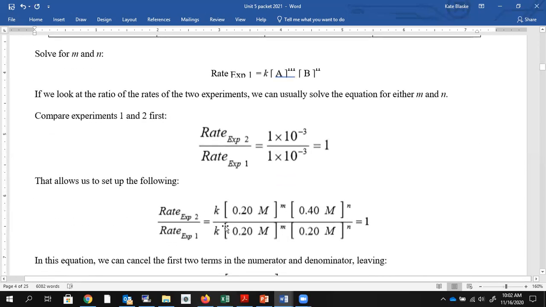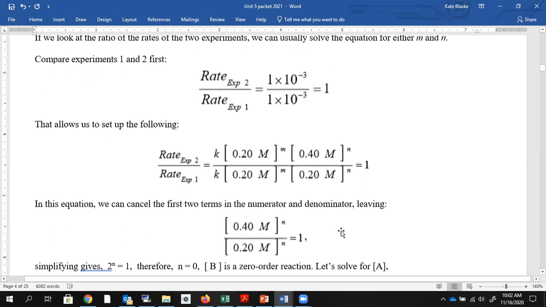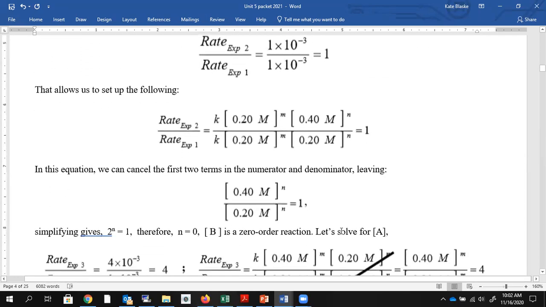I use the data from experiment 2 and the data from experiment 1. Now, if I look at this, the K's are going to cancel each other out on top and bottom of this ratio because they're the same. Also, this 0.2 to the M is going to cancel out because that's the same on both the top and bottom. So I can look at what's left over. So I've got 0.4 to the N over 0.2 to the N equals 1. The only way to get that to equal 1 means that the coefficient of N has to be 0. So that means that B is 0 order